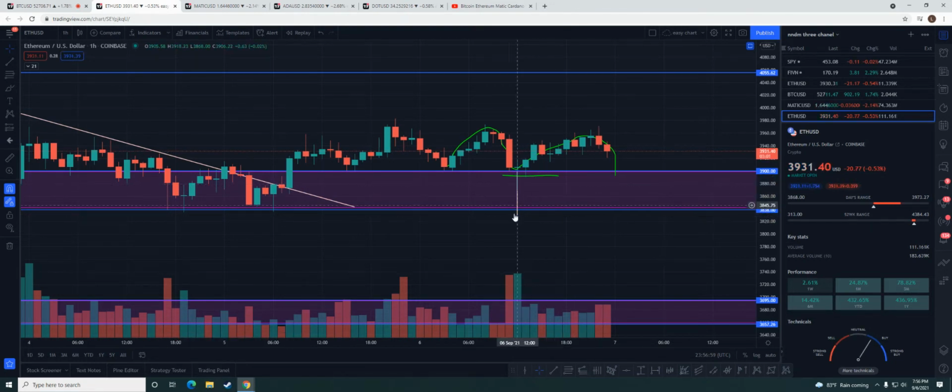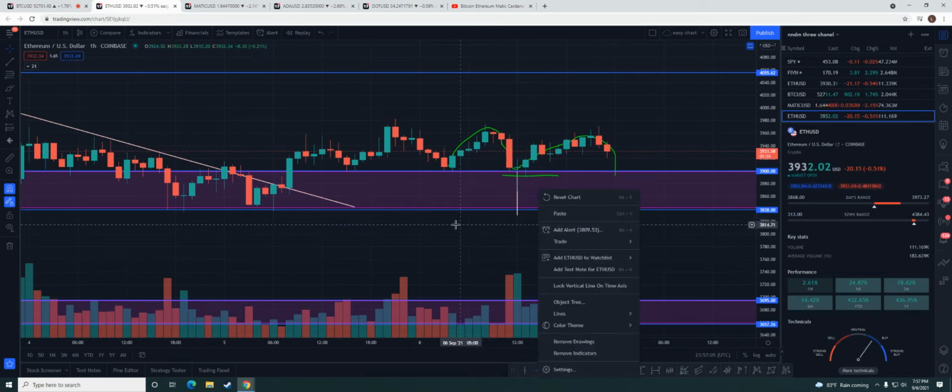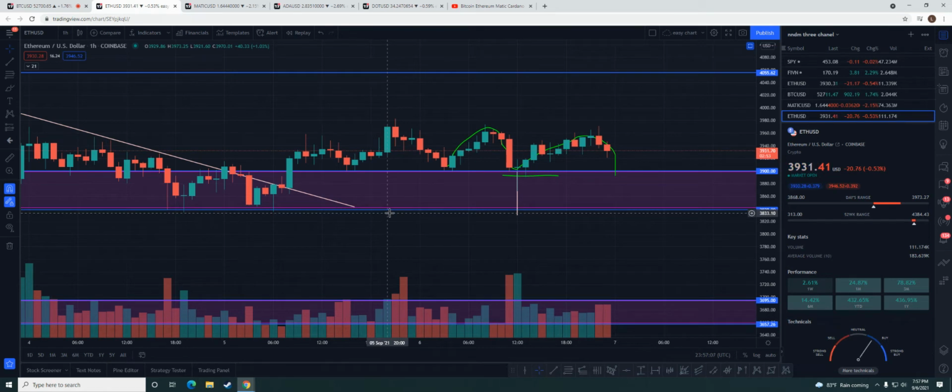Our target would be right around this 38 area. It's crazy how we get down there again, right? So around that area would be the target. Now, if this flips, guys, and what I mean by flips, this can also happen too, where we come down and we touch here, and then we come up here and we break this area, and that'll be a W pattern,